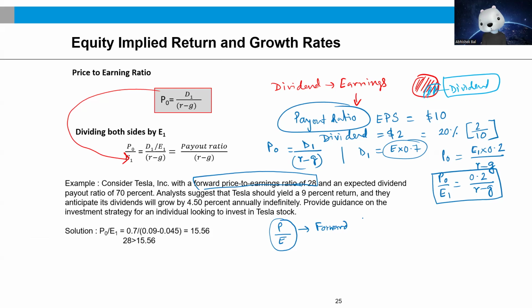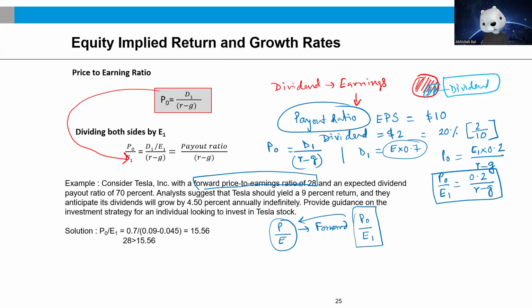That means it is P0 by E1. Of course, many a times we discard the subscript out here, but that's not the correct approach, and we simply fall back upon the general expression of P divided by E. But truth be told, strictly speaking, whenever we are talking about the P, we are necessarily talking about the forward PE. All right. So given this, it's being said that Tesla has a forward P of 28 and an